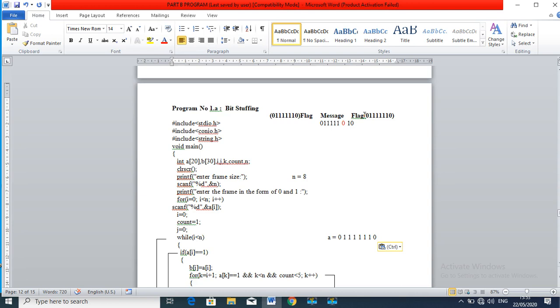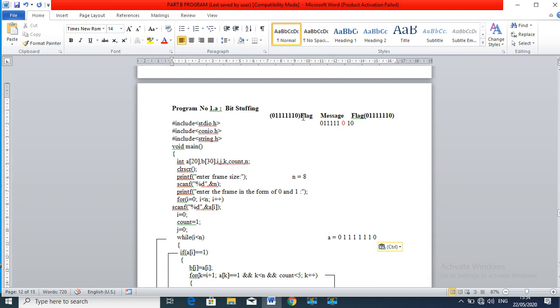Now when you are doing this, the problem is that the flag content may be similar to the information you are sending, and hence, to avoid that, we use bit stuffing.